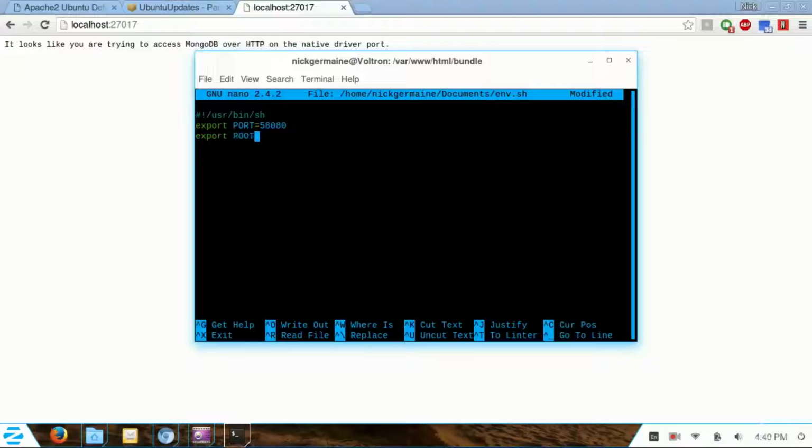The next one is the ROOT_URL. So we need to set this as to what the URL is going to be that the app is running at. So in this case, it's app.localhost. And then one more, we need to add a MONGO_URL. And this is going to be a URL using the MongoDB protocol. And so the way we type that is mongodb://